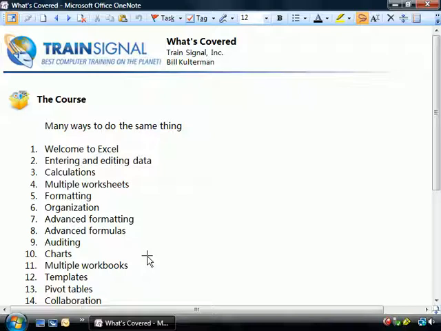We'll create charts from scratch. We'll take a look at some quick styles and formatting in charts. We're going to do a pie chart and a bar chart, and we'll show you how to combine chart types on one sheet. Multiple workbooks is going to go ahead and teach us to write formulas that will link workbooks